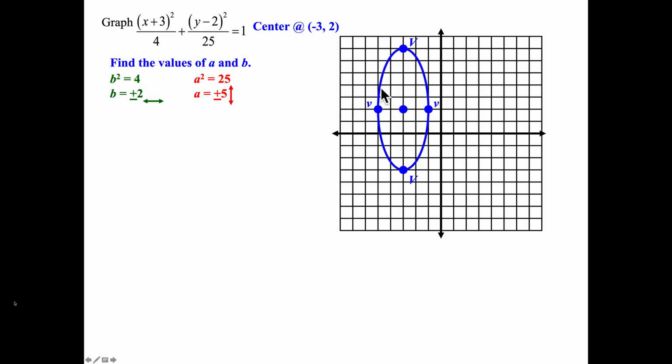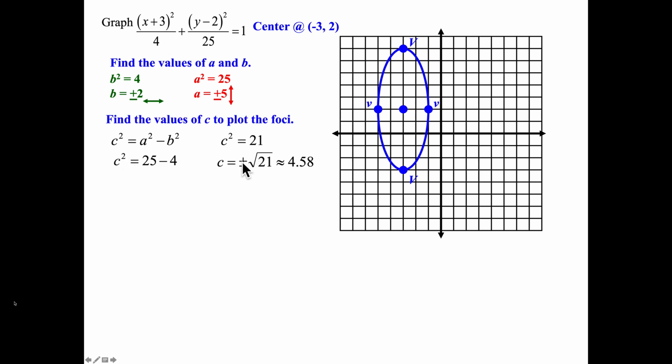Draw in your ellipse, and now your foci are going to be going up or down when we find that value. So again, a squared minus b squared, large minus small, is going to be 21. Square root of 21, again, approximately 4.58. Count up 4.5 squares and down 4.5 squares, there's your foci. And as we did earlier,